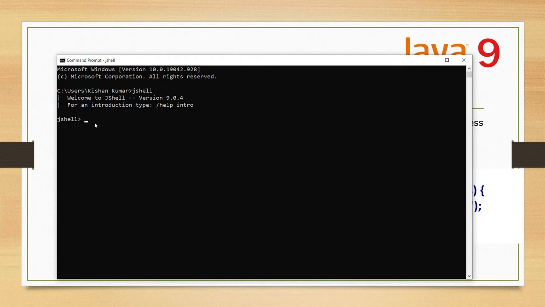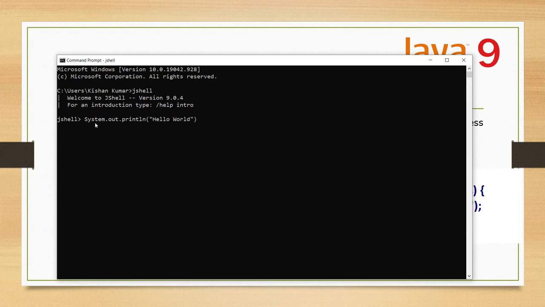Let's say I would like to print the hello world message. Then you don't really need to write a Java class and inside that a method and then a print statement. Directly you can do System.out.println, and of course you need to write your message, hello world.